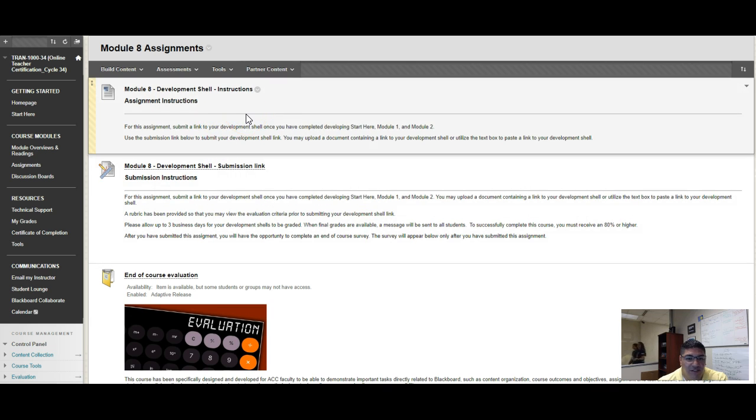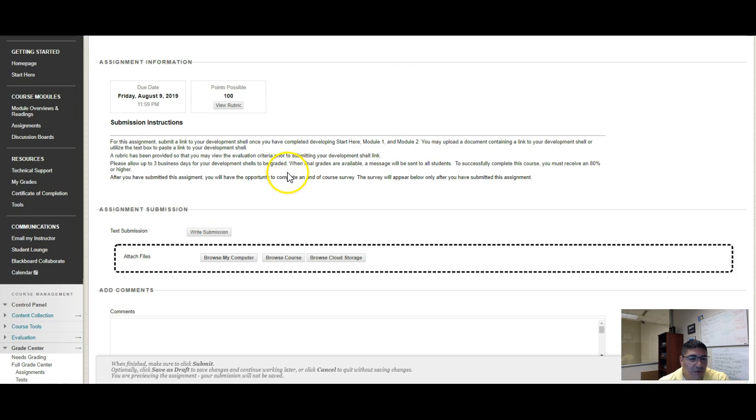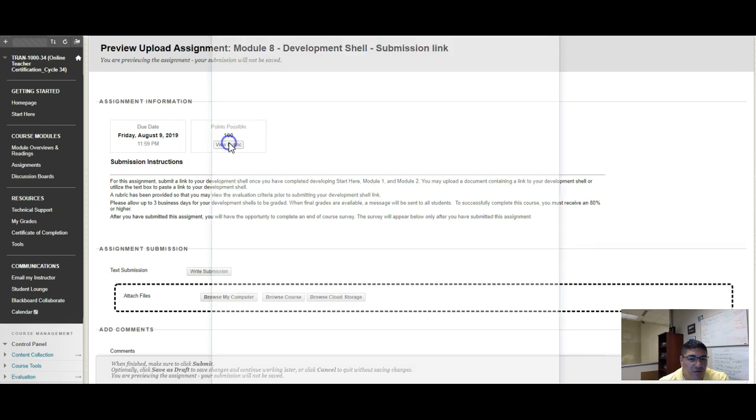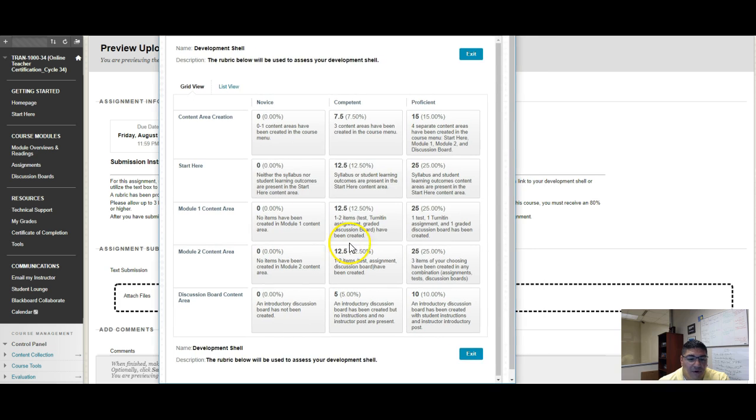So I'll go through a couple different things just to make sure we're clear on that. I'm going to open up where you're actually going to submit your link. One of the first things I want to point out and for you to focus on is the rubric for how your development shell will be assessed. You'll see there are 5 different areas here that we are assessing: the content area creation, Start Here, the Module 1 content area, Module 2 content area, and the discussion board content area. For week 8, you're mainly concentrating on this Module 2 content area, which is going to be